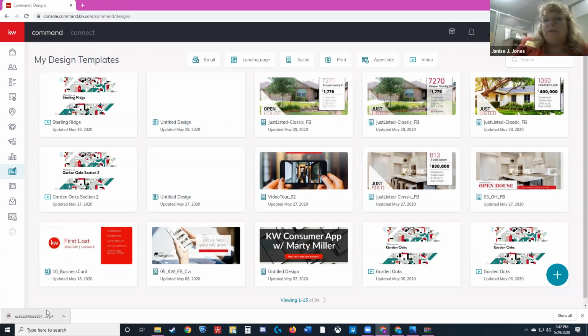Not about designs. The agents find, and I have found, that it's a little clunkier than what we're used to in Canva or in eEdge even, because I can get to MLS photos in eEdge. But one day, someday, I don't know the day, we will not have eEdge or back agent anymore, because we'll go all the way to Command. So getting used to working in designs makes it less clunky.